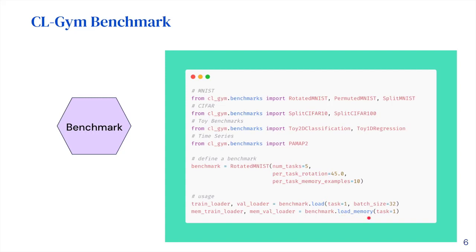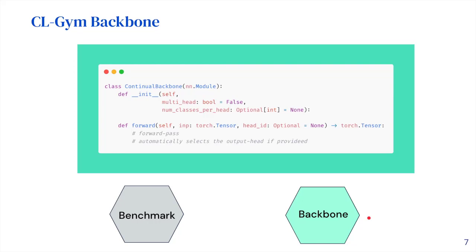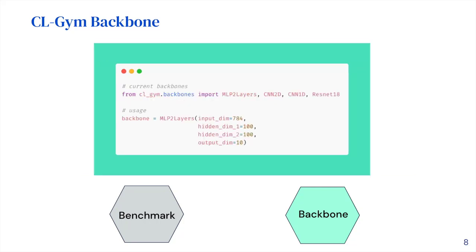methods to load data. The second main component of CLGIM is the backbone component, which is a very lightweight wrapper around the native PyTorch models and can take care of special cases in continual learning scenarios such as having multiple heads in the output layer. We know that it's also possible to replace this module with native PyTorch nn modules. As an example, we can see already built backbones such as feed-forward, convolutional, and ResNet, or you can use